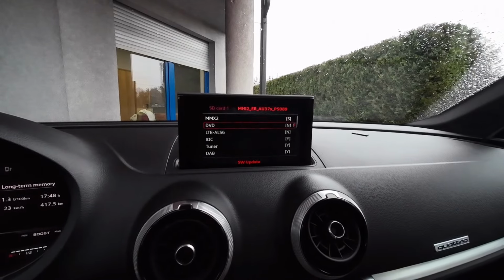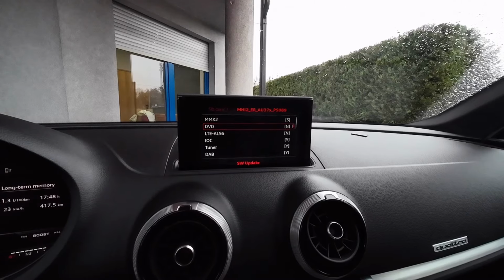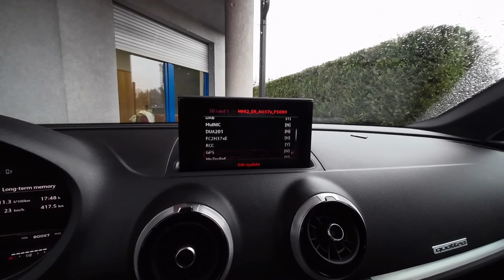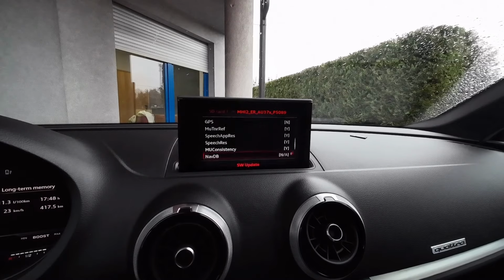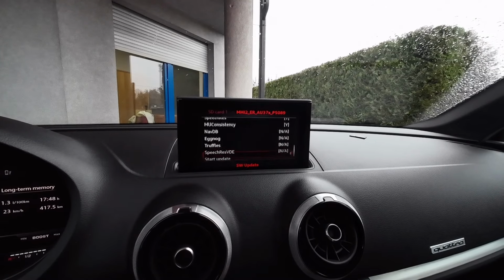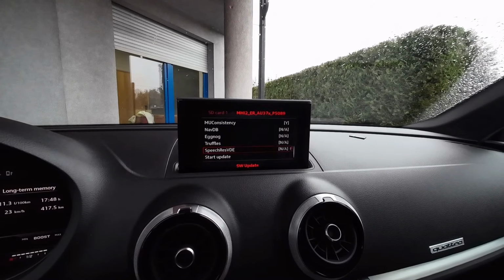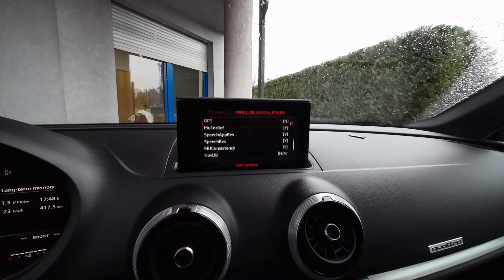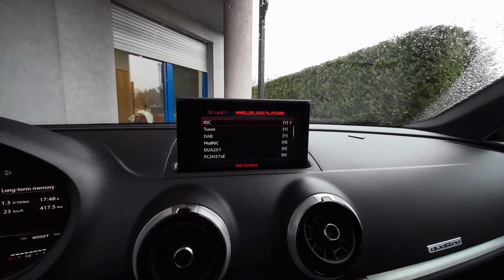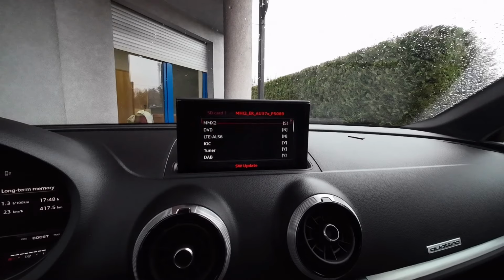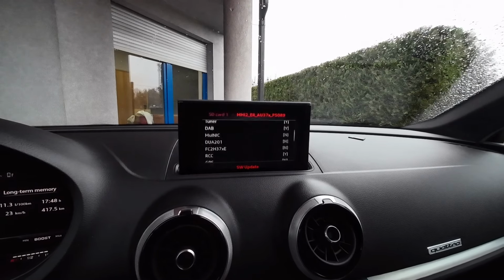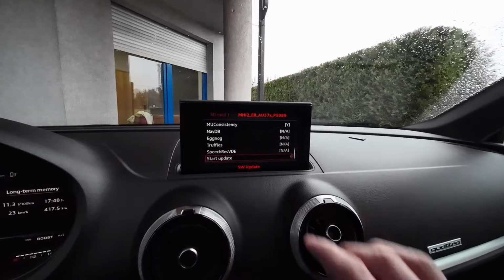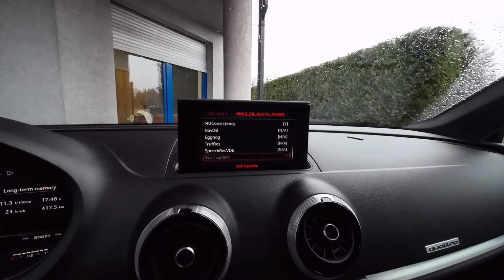So let's find amplifier to make sure that it's not on the list. Display, GPS, speech, infotainment... Well, I cannot see it, which actually is a good thing. Yeah, we don't have the amplifier over here, so I believe we are good to go. Okay, so scroll down, and at the end of the list we have start update. So let's press start,